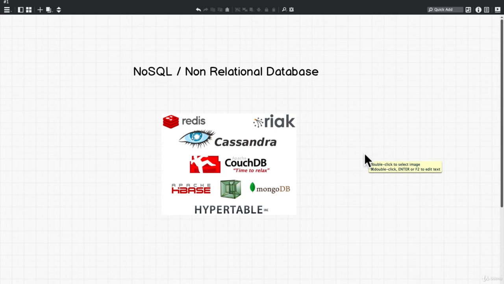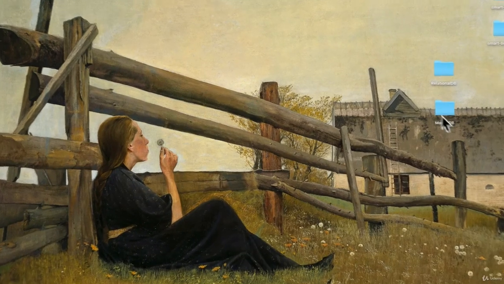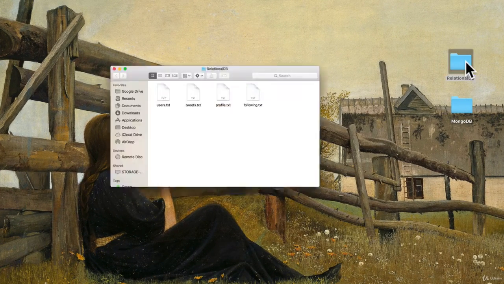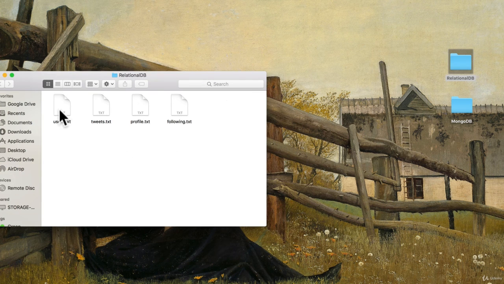Let me illustrate this point to you. I have my desktop here with two folders. One is a relational database, and here I have users, tweets, profile, following. And you can think of relational databases with this type of storage, where this folder lives somewhere on a computer that stores this information.